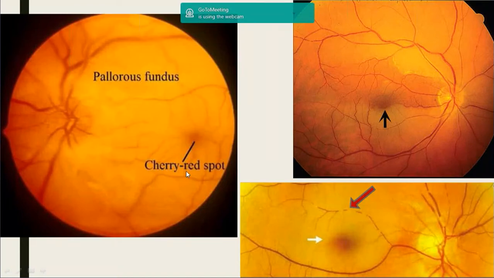Why you see a cherry red spot is an important viva question they ask you. When the whole retina is pale, why shouldn't the macula or the fovea be pale? First point is that the ganglion cell layer, which is opacified elsewhere, is not present in the fovea. So you don't see pallor. And apart from that, the retinal vasculature is not there. The fovea is an avascular structure, but the underlying choroid is still intact. And that is why you see a cherry red spot. Two points: one, the ganglion cell layer, which is opacified in the rest of the retina, is not present; and two, the choroidal circulation is still intact. So you see a cherry red spot in a central retinal artery occlusion.